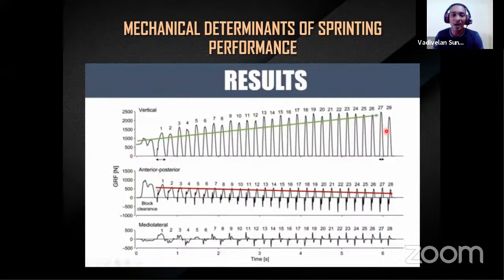Initially you see the stride length is short, and it shows the stride length between steps. So initially he has long strides, and as he moves forward the stride length automatically decreases as he completes, because he has a jumping action. It reduces, and his propulsive force is more. He creates the momentum, and that momentum will propel the athlete faster and faster and faster.